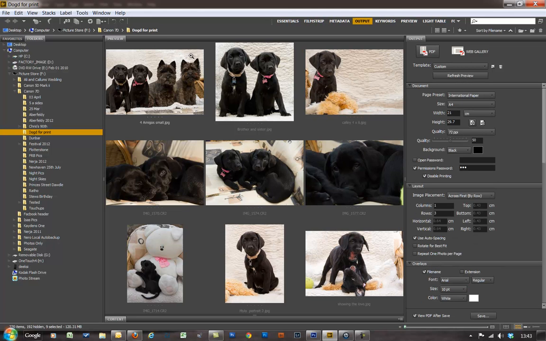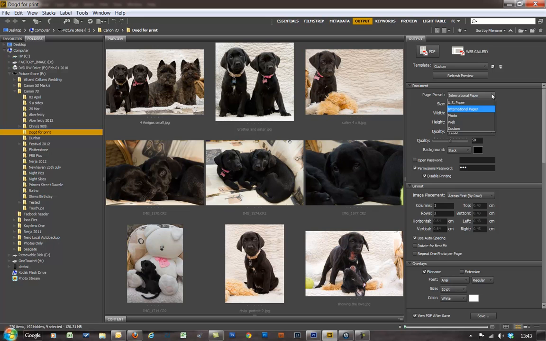We'll start from scratch. You've got choices, some templates, a greeting card, contact sheets, various contact sheets. We're going to stick with custom, and custom really just lets you do all the settings yourself. And as I say, the next time you go into it, all the settings you chose this time will still be there for the next time. So if you're going to be doing something fairly regular, then that's fine. So going to custom,